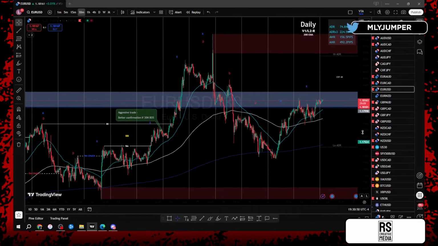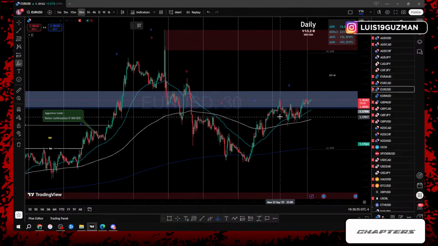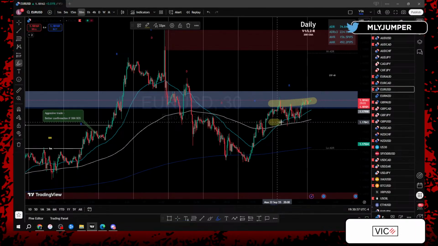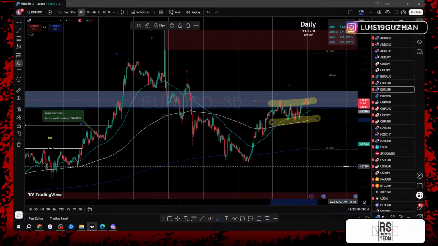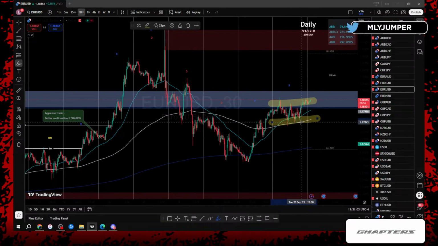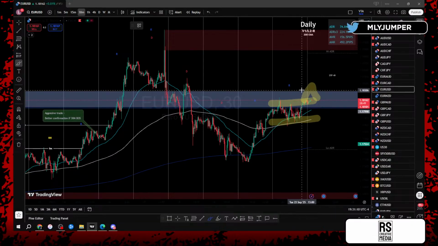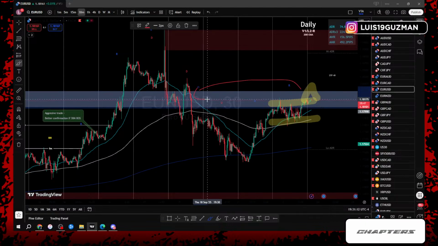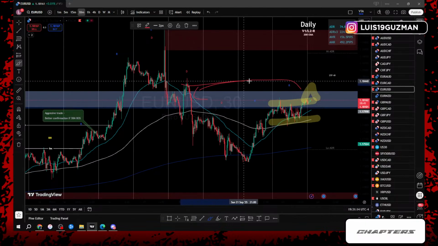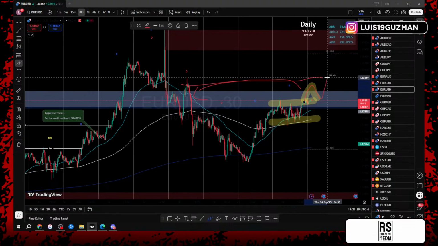But again, realistically speaking, EU very similar to GU. You're stuck in a range, guys. That's all it is. Alright, so once we get a break of this, get the retest, if you notice it, look to your left hand side. Clean traffic up until we get to these highs over here. So this is where we'll look for price to do this, and then it's going to do the exact same thing that it did here.